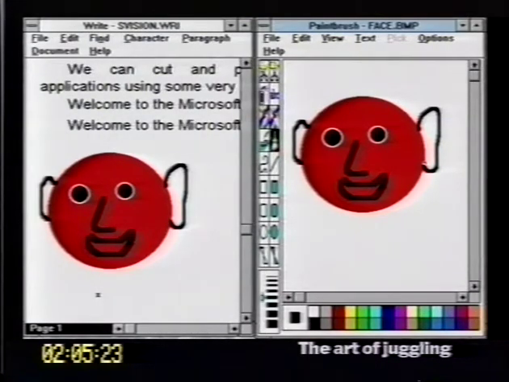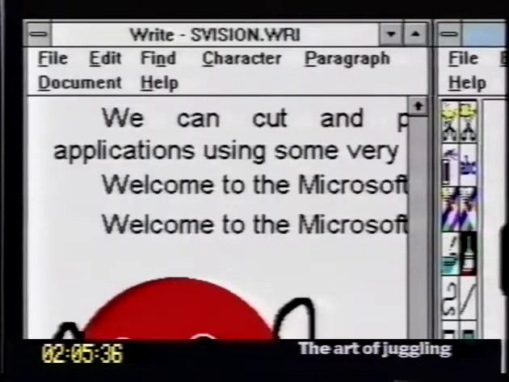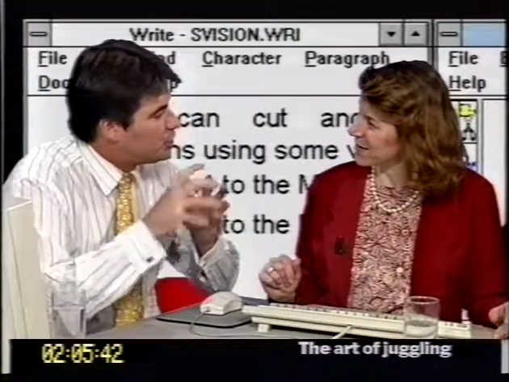That's right. Now, it's unlikely that you'd want to have a link between Paintbrush and Write, but I think it illustrates the point very well. A more regular use of this would be between a spreadsheet application and a word processor, where you have numbers updating within the spreadsheet, which automatically then need to update within the word processor. And could you have that